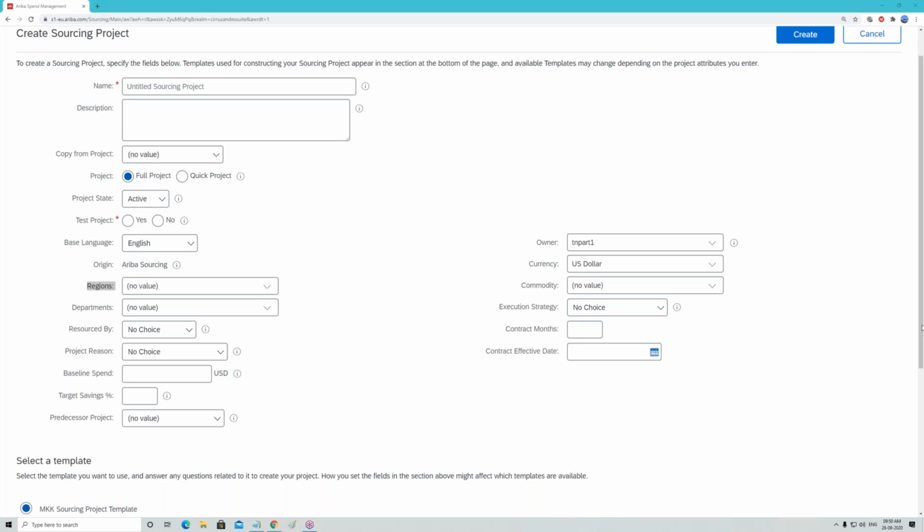There are two things. First of all, remember, in the template we will never choose a supplier. Why? Because if we choose the supplier in the template, whenever we create a sourcing project, that supplier will be included. No, I'm talking about when we create a quick project or a full sourcing project. In that case, generally we put a validation over there, which is always only registered suppliers. Why? Because a registered supplier already has a supplier account in Ariba Network. That means if you include this supplier in the sourcing project, they can very easily see it within their account.